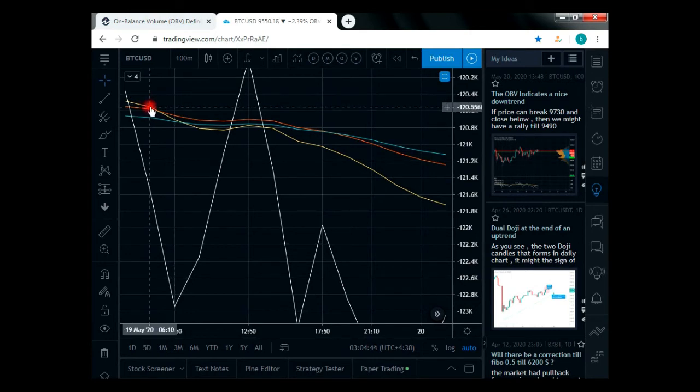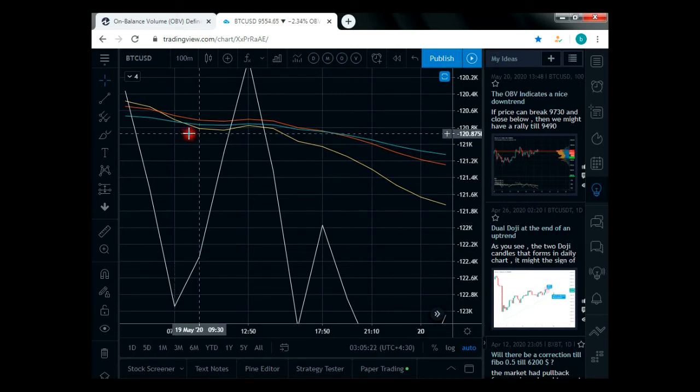As you can see, the 21 period moving average on unbalanced volume breaks the 30 period exponential moving average, breaks down the 60 period exponential moving average on the unbalanced volume, and finally we get this crossover where the 30 period exponential moving average breaks